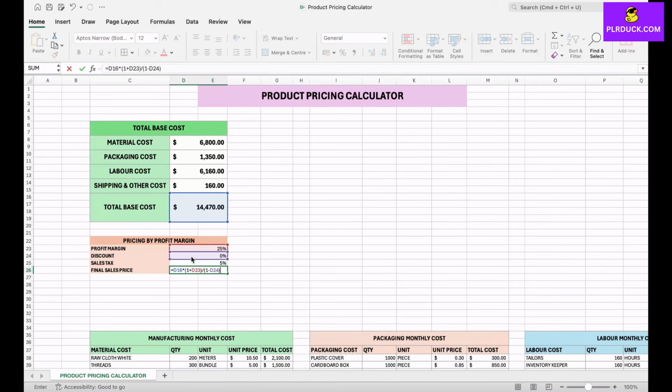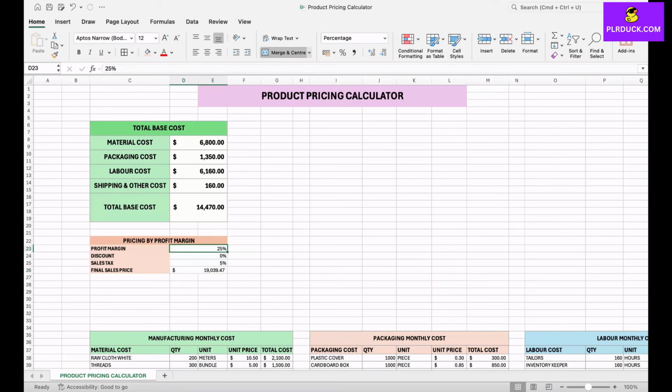I'll close the brackets, divided by 1 minus my sales tax. So this is the formula to calculate the final sales price. So now when I press enter, you can see I'm getting the value as $19,039. That means if I try to sell the product at 25% profit margin, then the total amount whatever I can make from that particular month is going to be